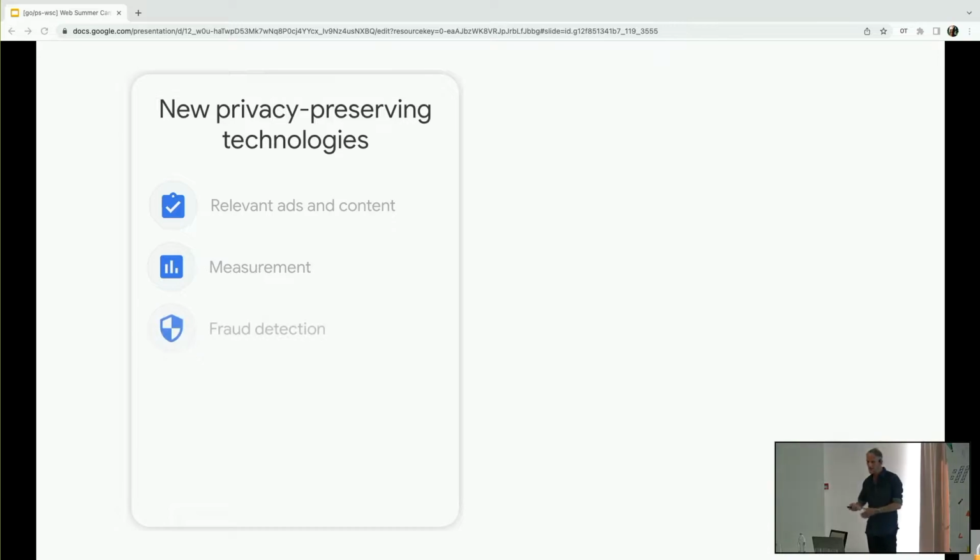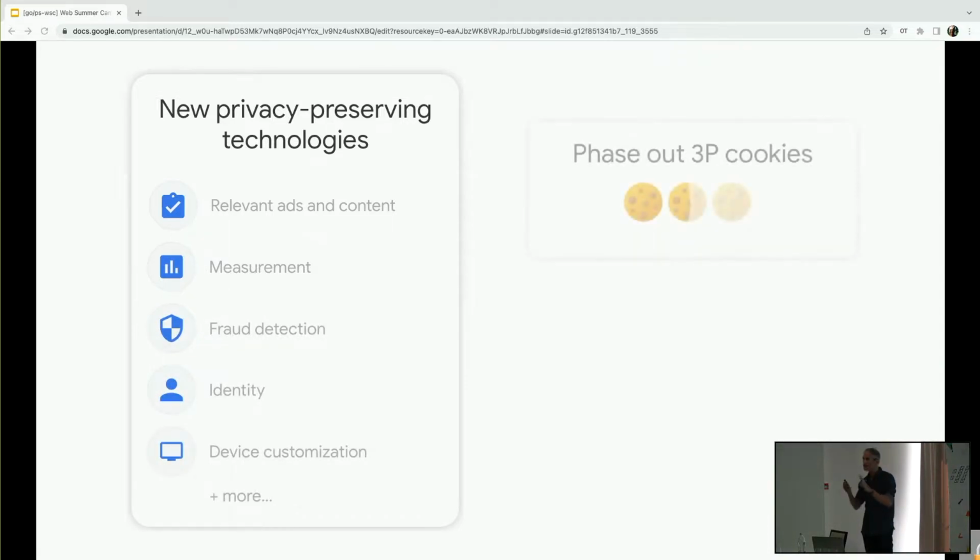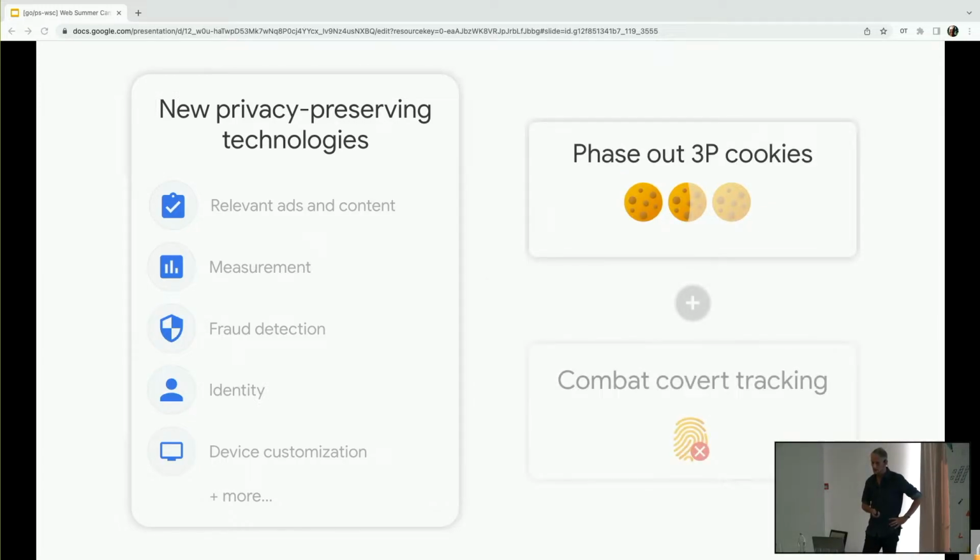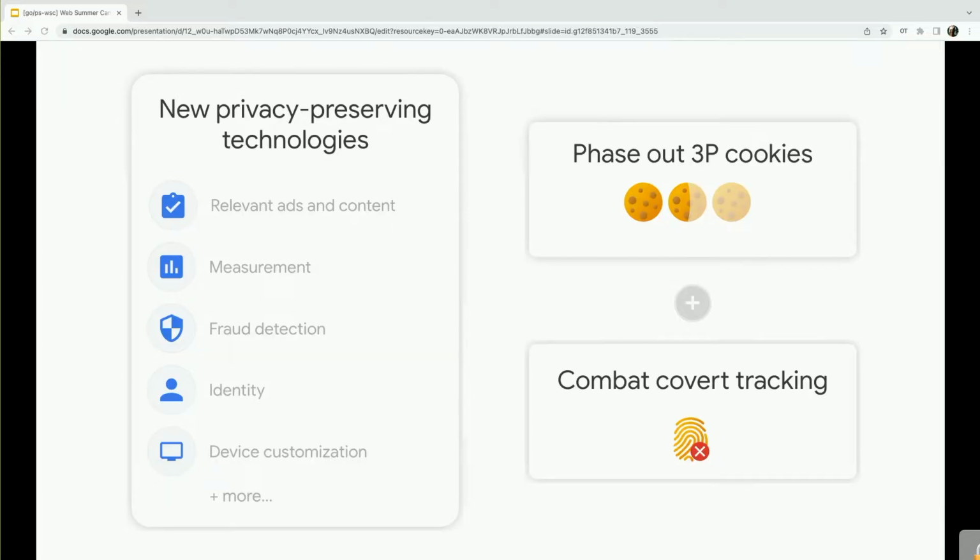So the Privacy Sandbox is focused on supporting these digital advertising capabilities that modern sites need. But also, like I say, stuff like fraud detection, identity management, and potentially content that's customized for a user device. I know that Rowan is actually going to cover a lot more in his talk that comes after this.